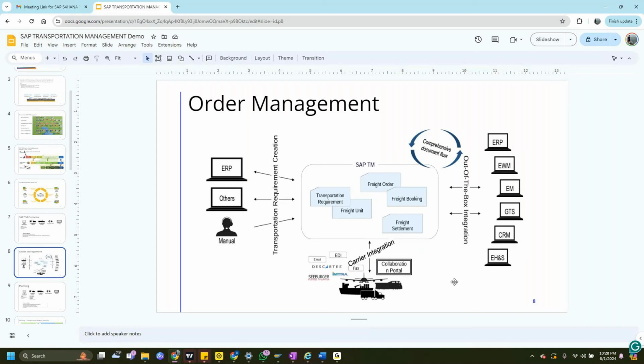So a transportation planner has visibility. He can see in the system, select the locations based on the customer location, group them together and create a truck out of it. So those kinds of integrations are also there. Any questions in terms of how the integration happens with multiple systems?